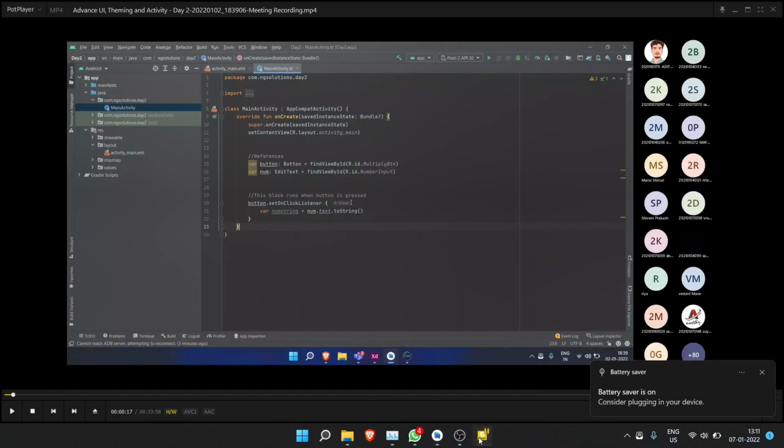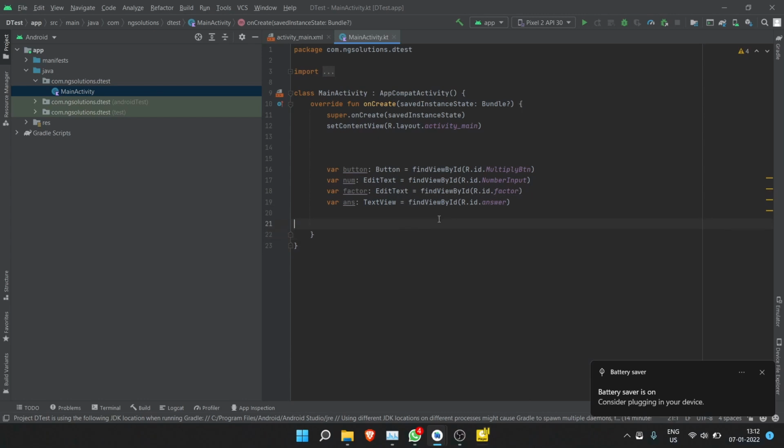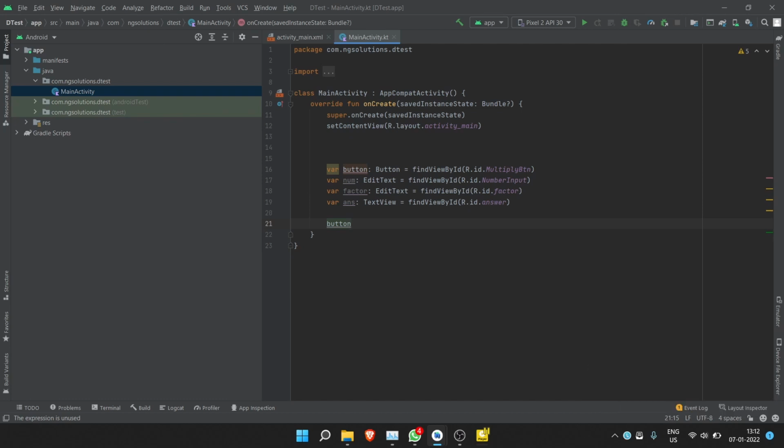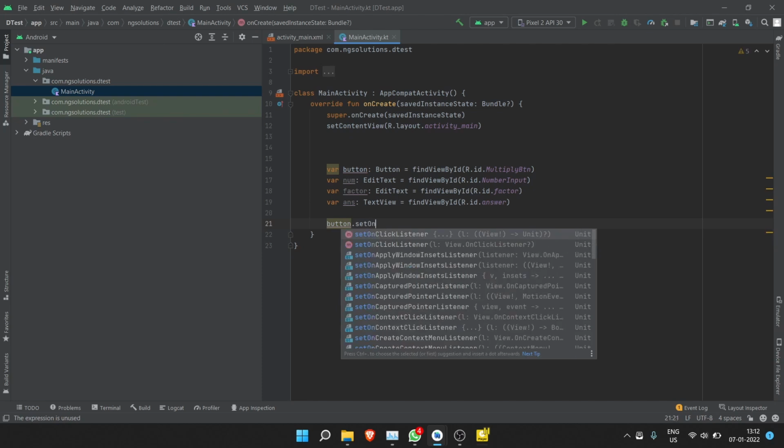I have written one more line. There is one code called setOnClickListener, and let me show you what it does. I want to run a piece of code which will execute only if the button has been pressed. To have such a function, we write the name of the element on which we want to execute the commands. After that, you write the name of that element or view, dot, and write setOnClickListener.